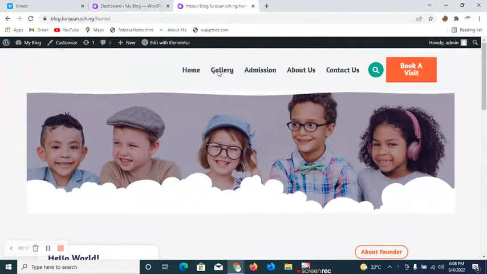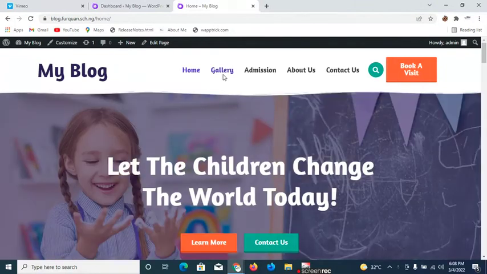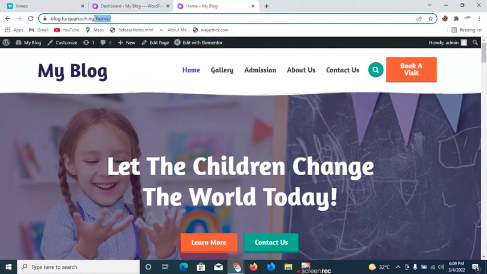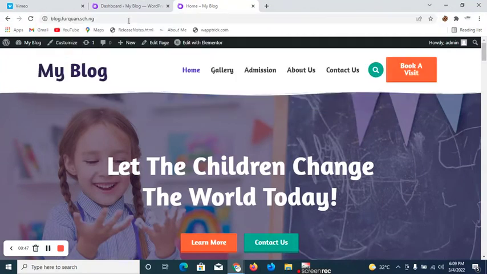So normally when we visit our website, when we type the URL of our website, it takes us to a page which we don't like, and we've designed a separate home page. We now want it so that when anybody visits my website, the person first sees this home page before any other page. Let me cancel this URL. This is my website URL now. So instead of the person seeing this other page,